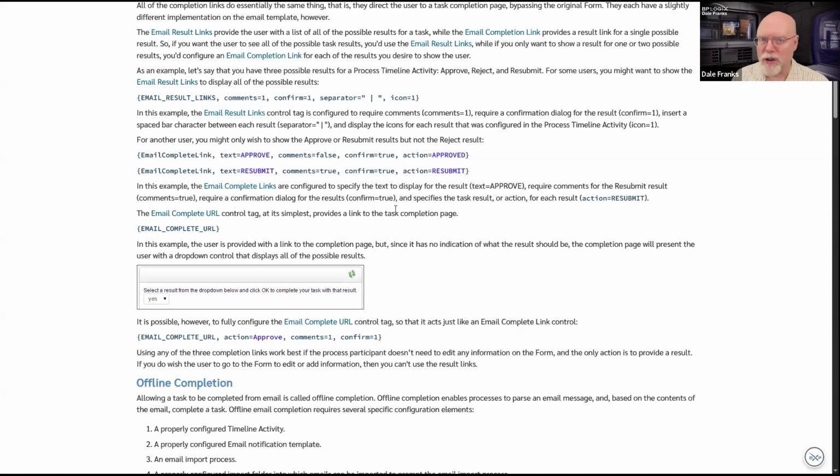Just like the result links, it is going to have to open Process Director. I am going to have to be logged in and have access to Process Director. If you're on premise, I have to be inside the network to be able to access it. So, the same rules apply. I'm always going to this task completion page by clicking any of these links.